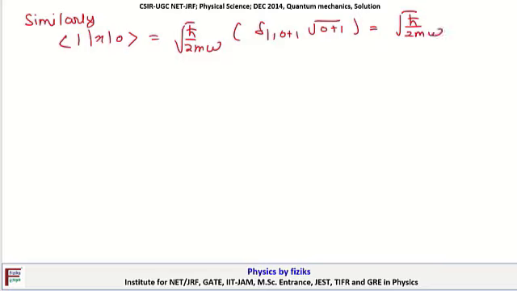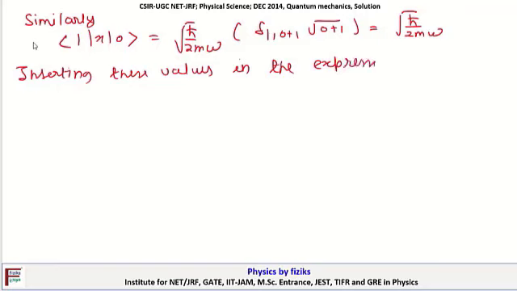Now inserting these values in the expression of average x, we get